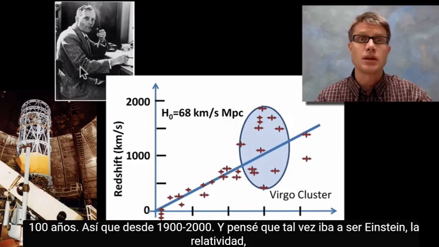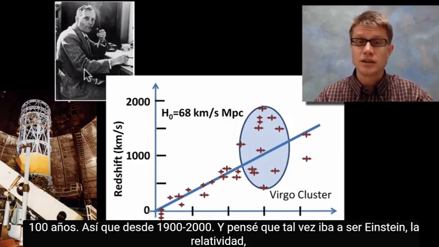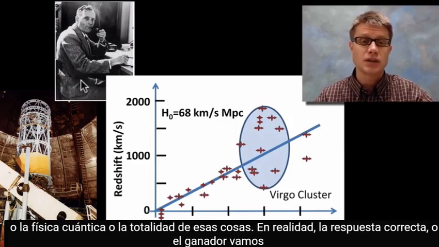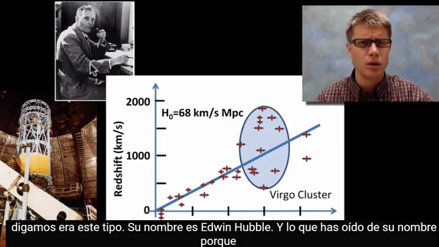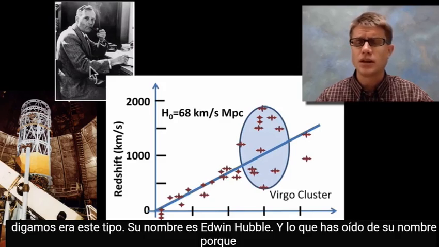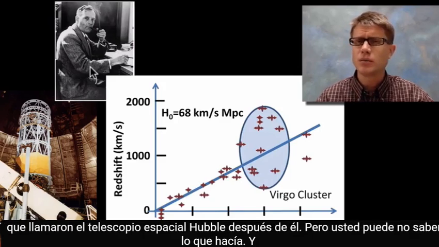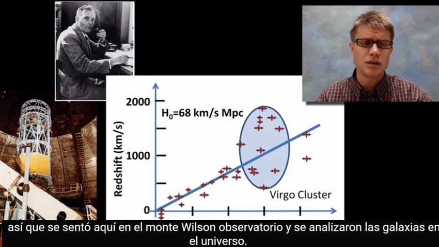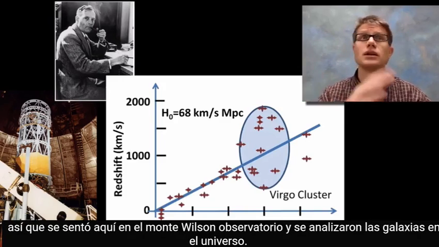And I thought maybe it's going to be Einstein, relativity, or quantum physics, or all of those things. Actually, the right answer, or the winner, we'll say, was this guy. His name is Edwin Hubble. And you've probably heard of his name because they named the Hubble Space Telescope after him, but you might not know what he did. And so he sat here at the Mount Wilson Observatory, and he looked at galaxies in